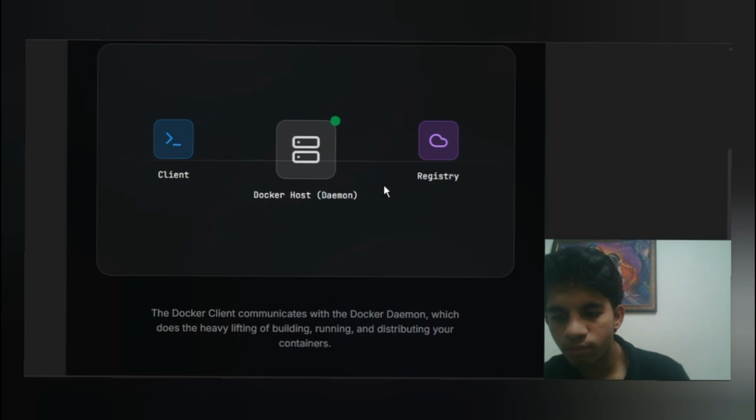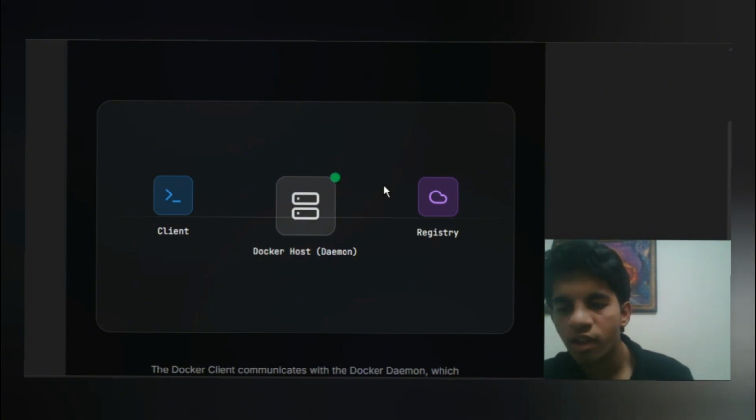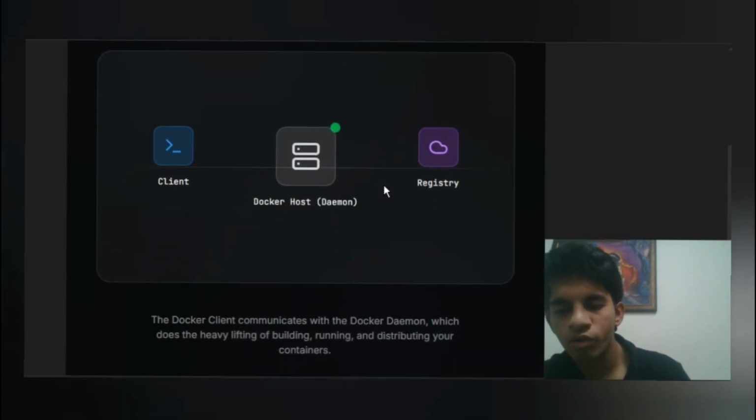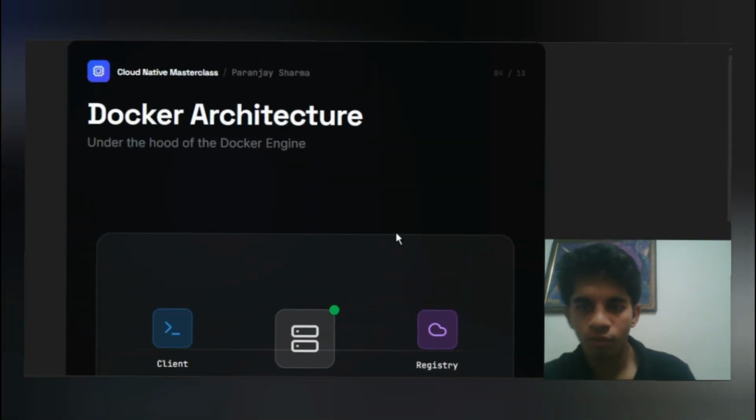But what happens if you are a big company like Netflix or Spotify and you have tens of thousands of these containers running at the same time? To answer that and talk about the orchestrator, I am going to hand it over to Manthan to introduce Kubernetes to you all. Thank you for watching.